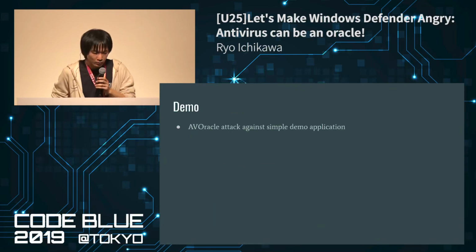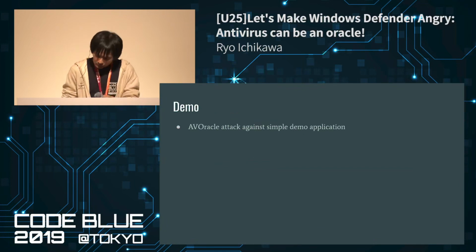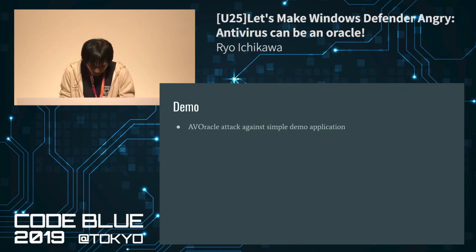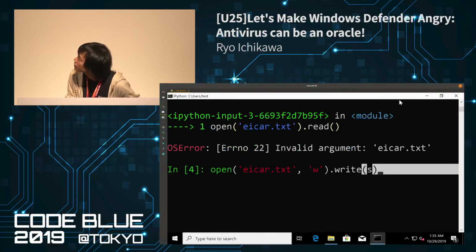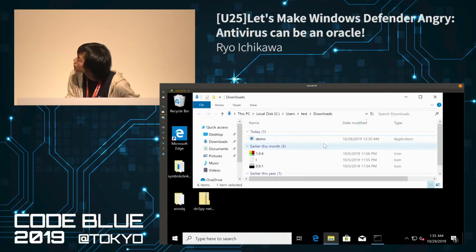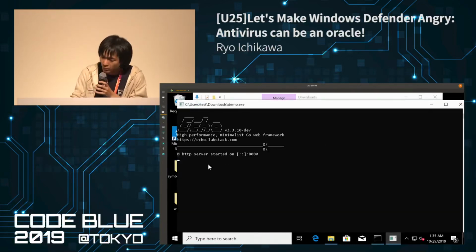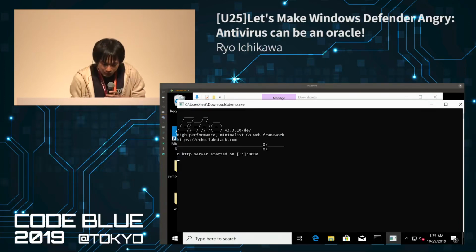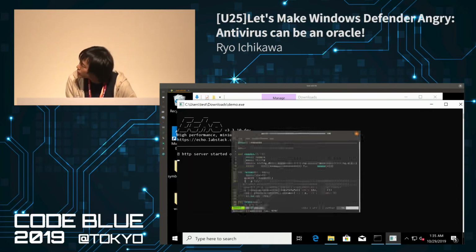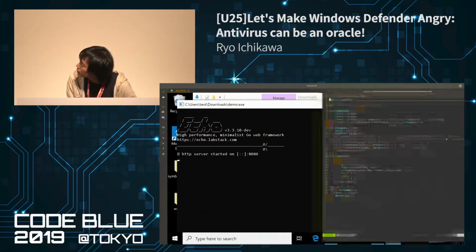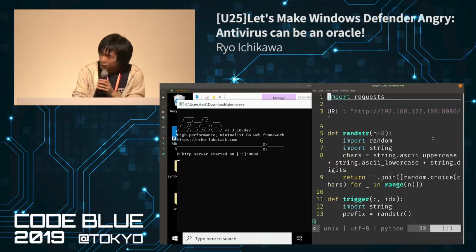So I'd like to show you the demo application. This is just a demo application. Here is the POC code.